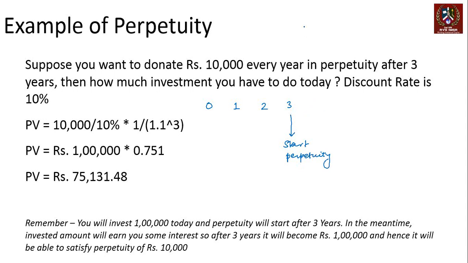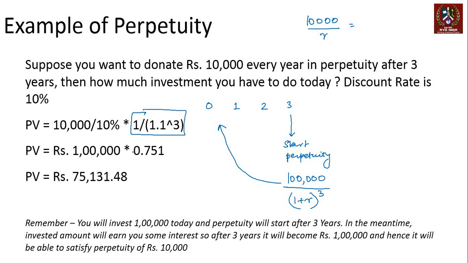Now, if you do a value calculation of 10,000 by R, which is 10%, the 1 lakh rupees has to be invested at the end of the third year. If you invest 1 lakh rupees here in the third year, then you're going to get the perpetuity for every year after that. So today you don't need to invest this. Today you need to invest 1 lakh divided by 1 plus R to the power 3. That's the present value of 1 lakh rupees today. So 1 lakh gets divided by 1 plus R to the power 3. That gives you the discount factor or the present value factor as this. If you invest